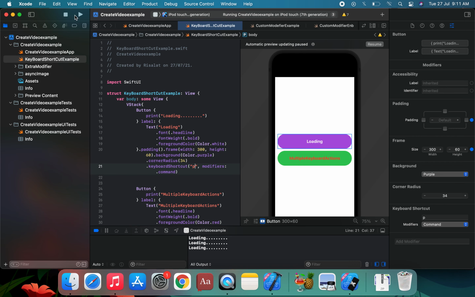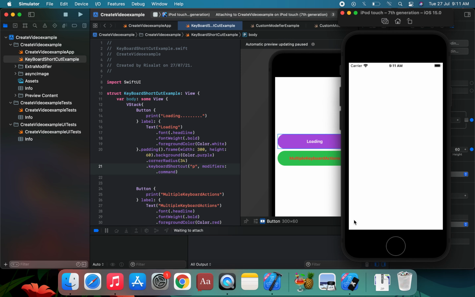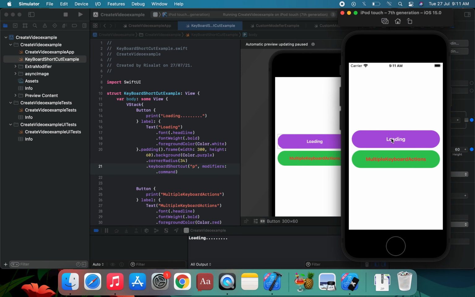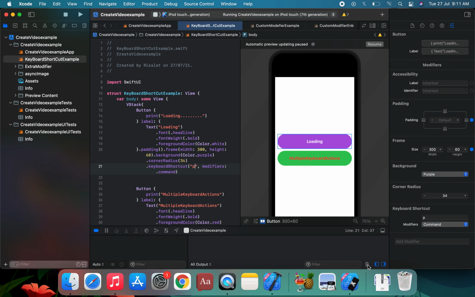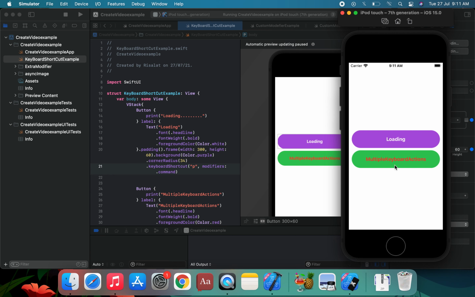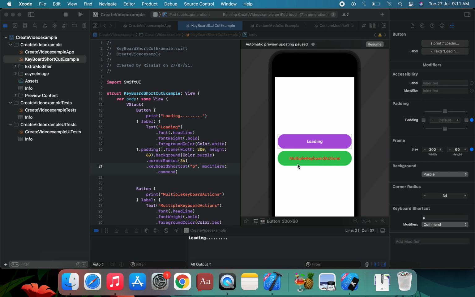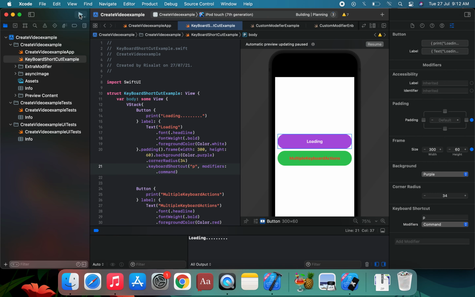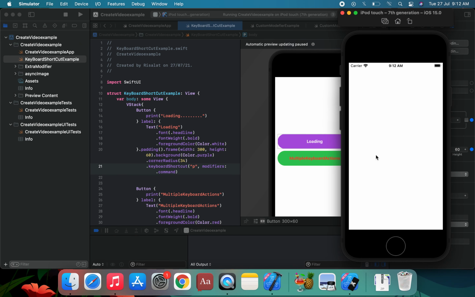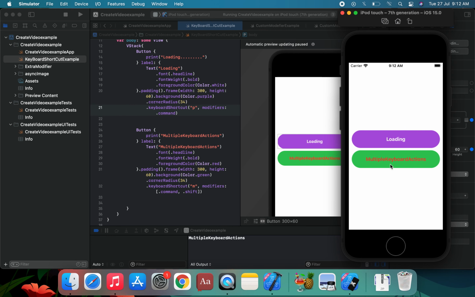So we are going to run this application. We use command P, and we can use loading command P, and the command is the button event that prints loading. Suppose we can use multiple selections, and in multiple selection we can assign the command in this interface, in the multiple selection tab, and we can assign command shift